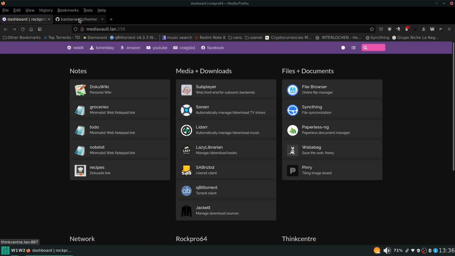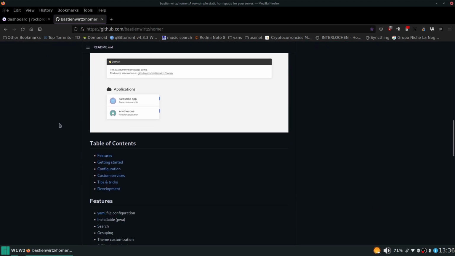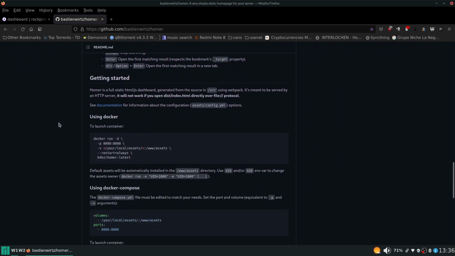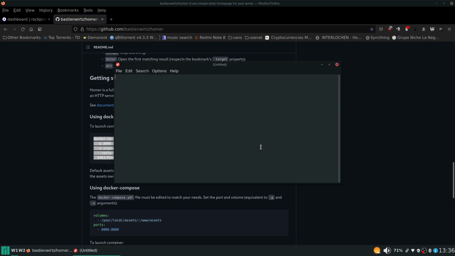So first we're going to go ahead and install it using Docker, and we're just going to copy this run command, open up LeafPad to edit it a little bit. Let's give it a name here. We'll just call it Homer. Set the port it's going to run on. We're going to set it to 875 and set our